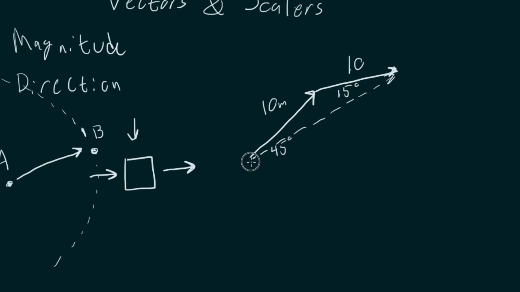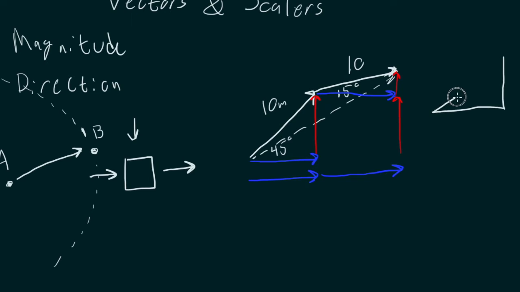And to do that, I'm going to add up the x quantities and the y quantities of my vectors. Because when I add these together, if I can break this into an x and a y, well then, that gives me the same distance. So then that overall direction would be my total vector. So when I want to add these together, the first thing I need to do is break them up. And that's going to be done just using some nice, simple trigonometry.